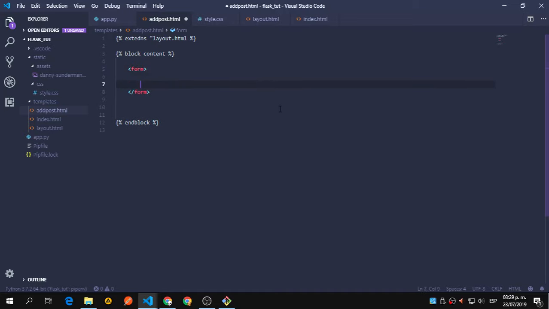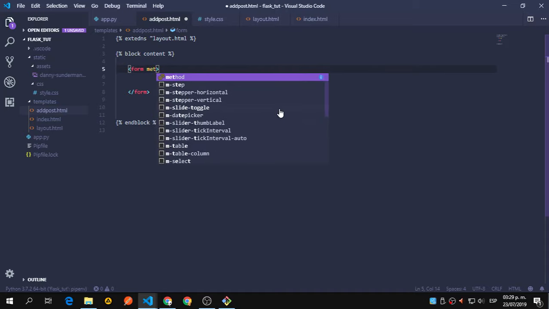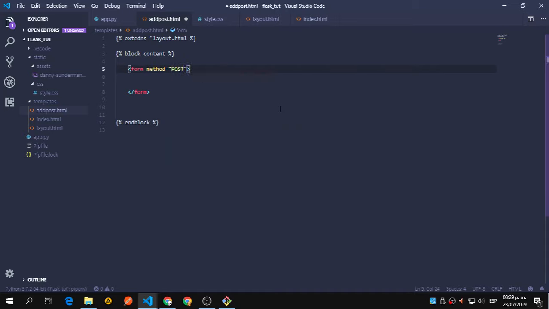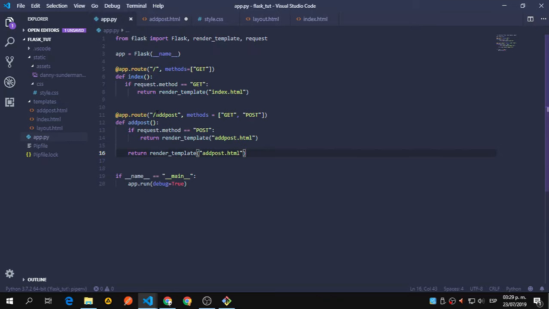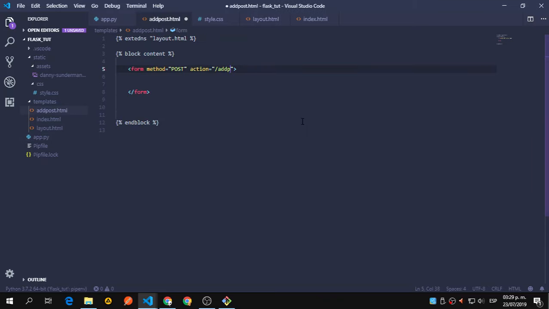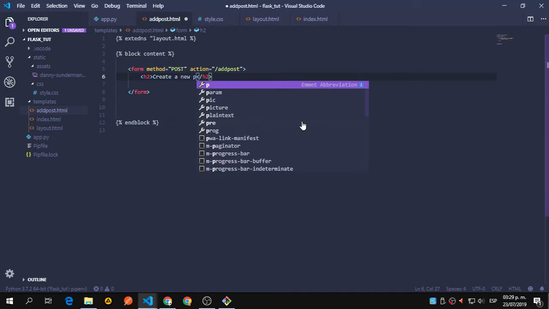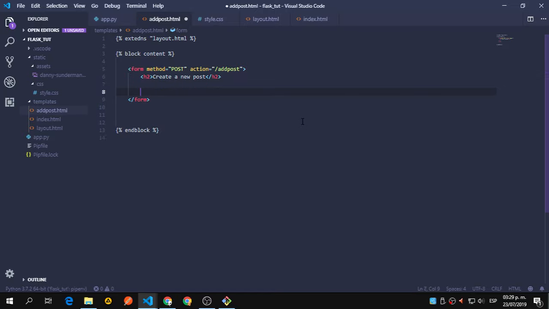Form. The form is going to have a method that is going to be a post method, and it's going to have an action that the action is going to refer to what we have in the route here for the post, that it is at post. So let's say at post. Okay, now we are going to just add this h2 that says create a new post, and we can add here, let's call a div with the class form